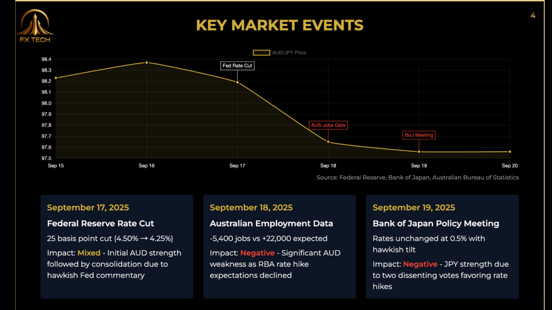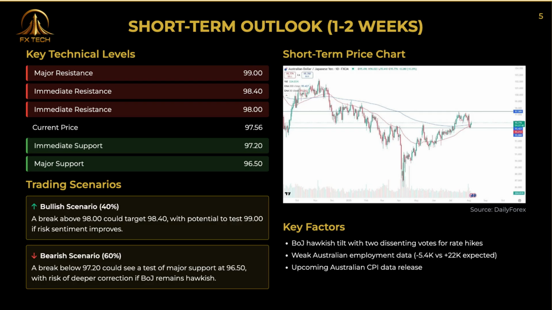The combination of these events created a perfect storm for AUD/JPY, with both currencies moving in directions that pressured the pair, a weaker Australian dollar and a stronger Japanese yen. For the short-term outlook covering the next 1 to 2 weeks, we maintain a neutral to bearish stance on AUD/JPY. The expected trading range is between 96.50 and 98.40, with current price action suggesting a higher probability of downside